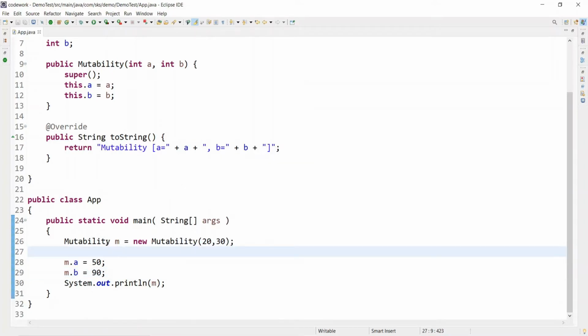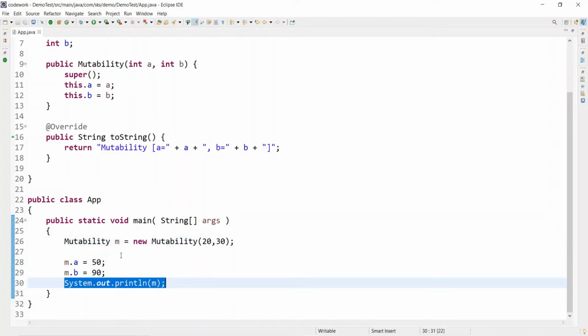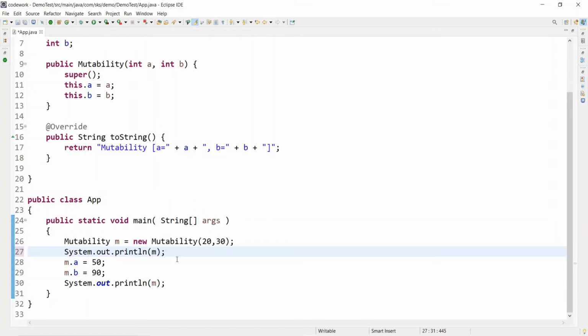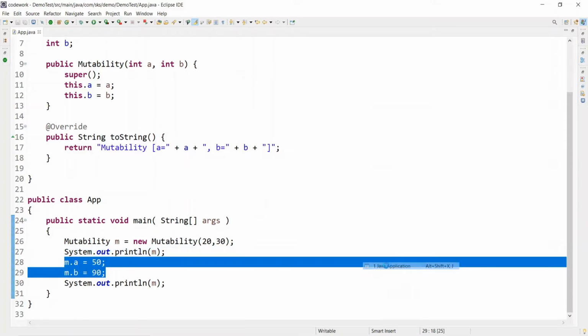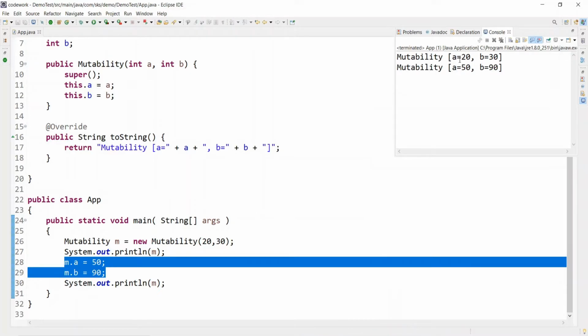Firstly the object is initialized with 20, 30, and thereafter we are changing the value of the variables. First we print whatever we initialized, and thereafter we modify it. Earlier the value of a was 20 and b was 30, and thereafter we changed them. So this is a mutable object.